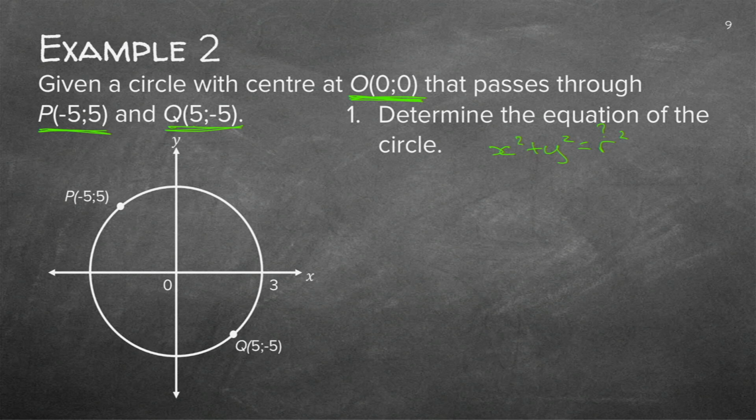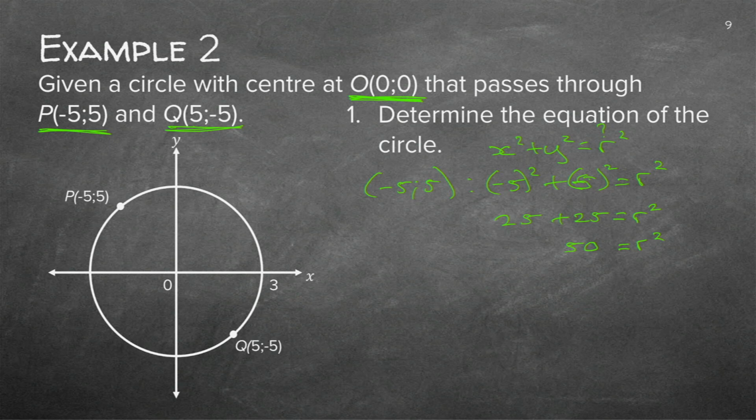So there's my formula. Why do you write down a formula? So that you can substitute in points. Now, I've got only one unknown. If I've got one unknown, I only substitute in 1 point. They gave 2, so what? You only use 1. Use the easiest one, but in this case, both of them have got a minus in. So I'm just going to pick the minus 5 and the 5. I'm going to fill it in, empty bracket squared plus empty bracket squared, and that should give me the r squared. So it's minus 5 squared, and this one is plus 5 squared, so it gives me 25 plus 25 is r squared, so r squared is 50.